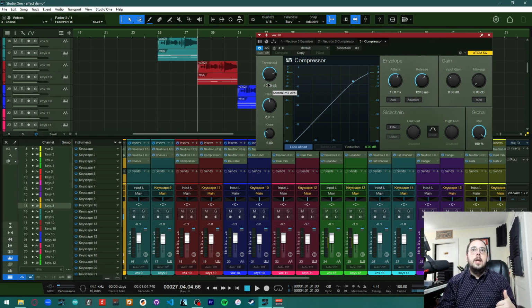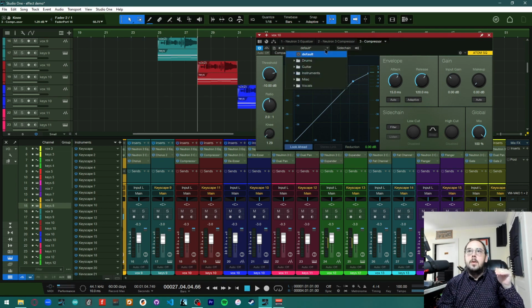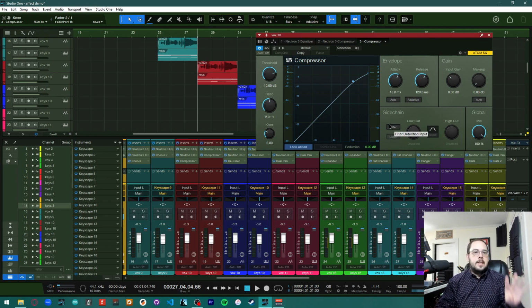higher going out. And then you can specify degrees of the knee, like you see how it's represented by this curve. I forgot what that was put to, so we're just going to default it back. There's a little bit of a curve because it's all visually represented for how the effect is happening. You can also control how quickly that compression starts and stops, and then you can even have it, we're not going to get into side chaining, but you can have it listen to other sounds and then affect, so it can listen to sound A but be affecting sound B. There's a lot of fun stuff you can do with that, but that's not what we're going to get into